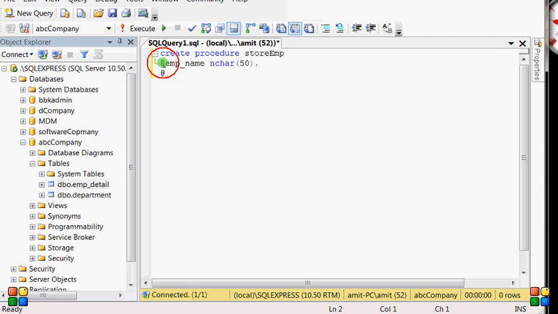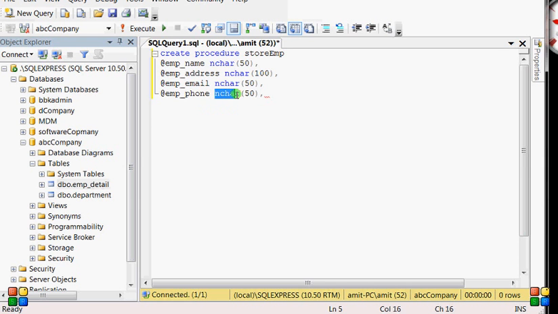We can just copy and paste. So here will be address, email ID, and phone.